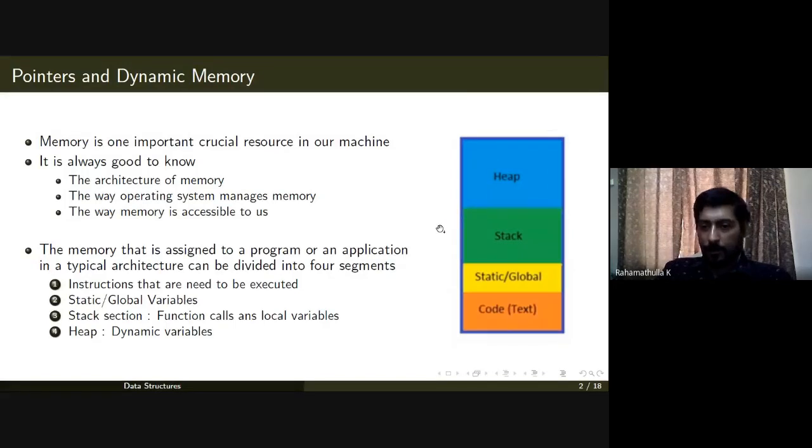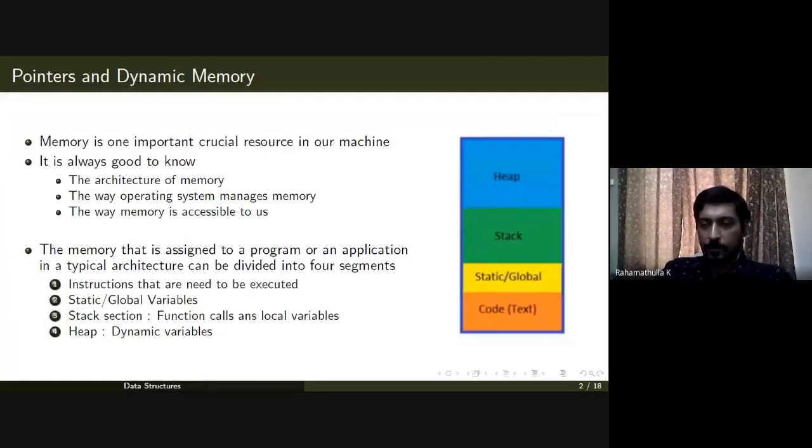Usually you use it if you would like to store a large chunk of data or a large array, or if you cannot calculate at compile time what the size of this array or variable is, or if the data is going to grow or shrink dynamically. Then such variables need to be stored inside the heap section of the memory. This is a very large memory area. The heap section is the entire memory of the system itself.